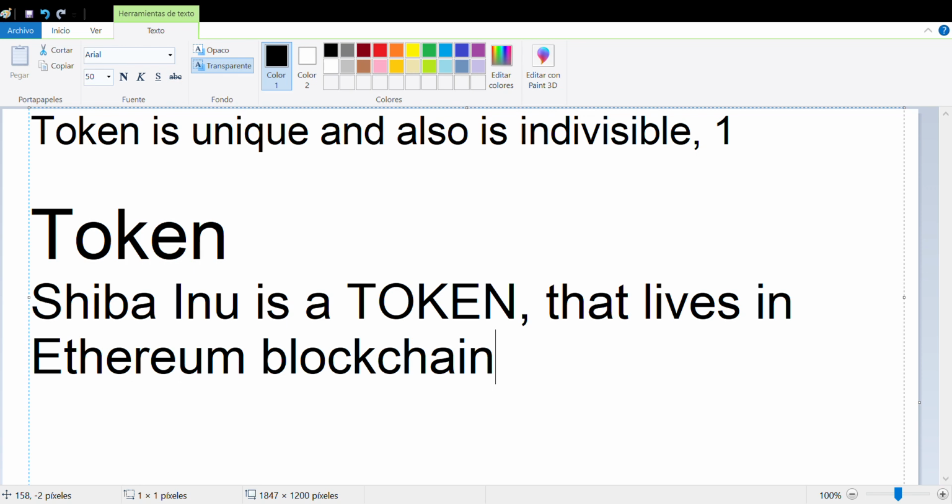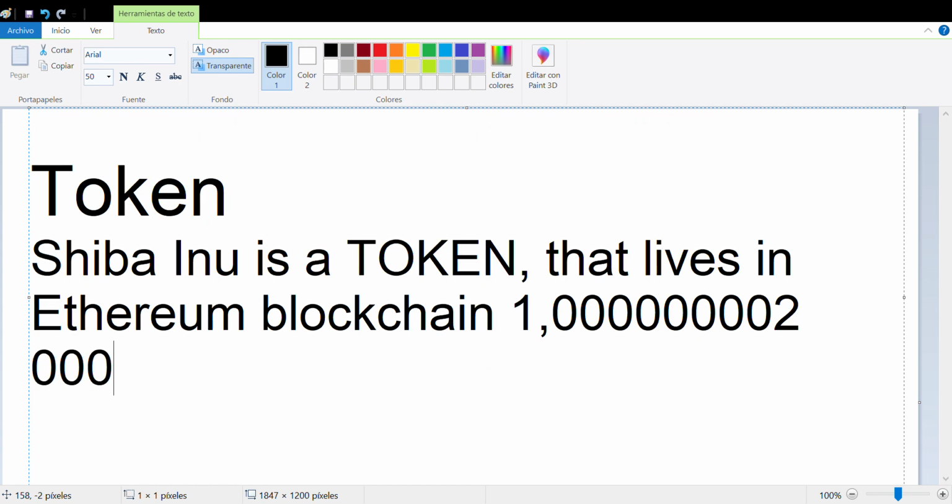You can buy one Shiba Inu, but also you can buy 0.00004 Shiba Inus. So you see that there is a token.